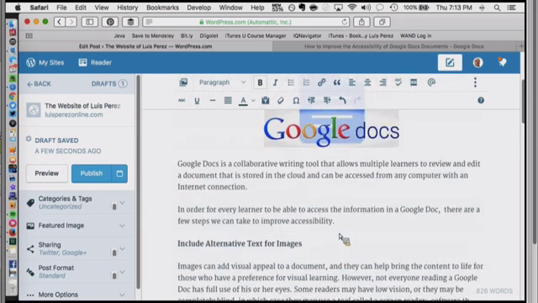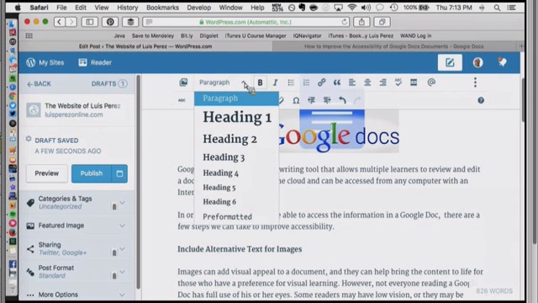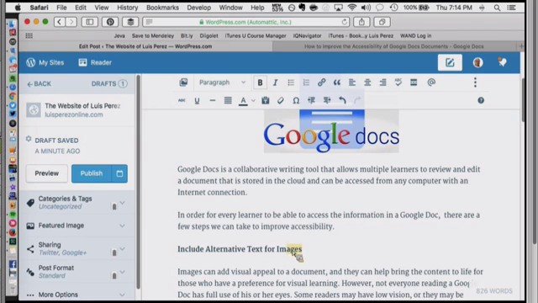So one thing to note, this first heading here, you'll notice that it actually is not a true heading. And the way we know that is when I select it or I place my cursor inside of it, if I look at my styles pull down, and just about every authoring program will have a pull down or a menu where you can find your styles, you'll notice that paragraph is indicated for the style. And basically what I did is I selected the text, and this is what a lot of people do when adding headings to their documents, and I made it bold. So it looks like it's a heading, but in reality it's not, because it doesn't have the necessary markup to indicate that it is a heading.